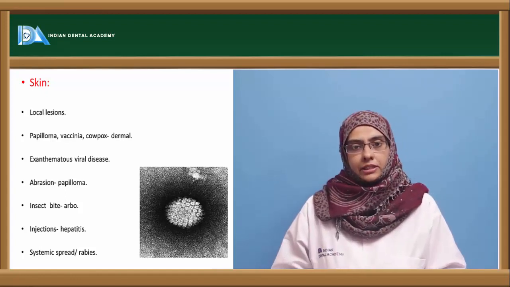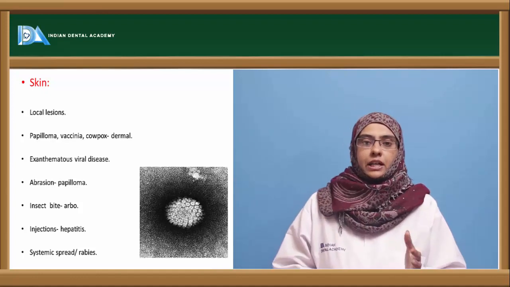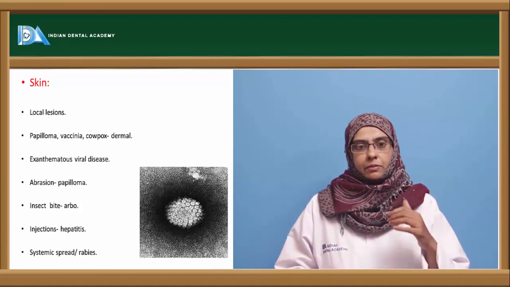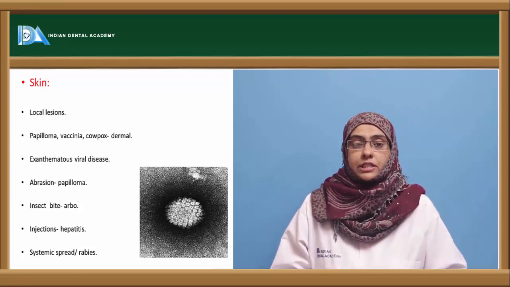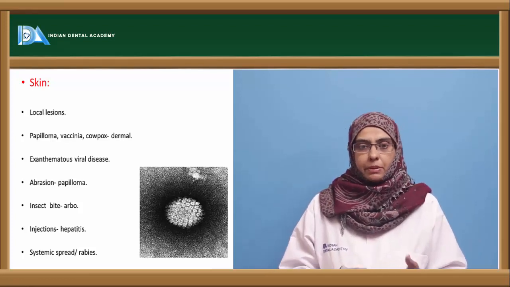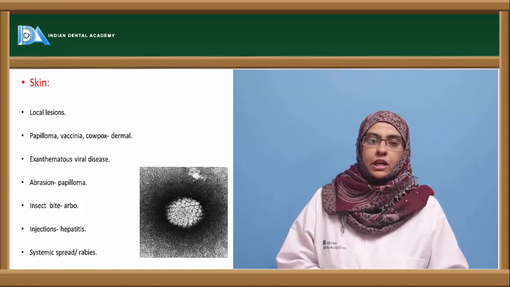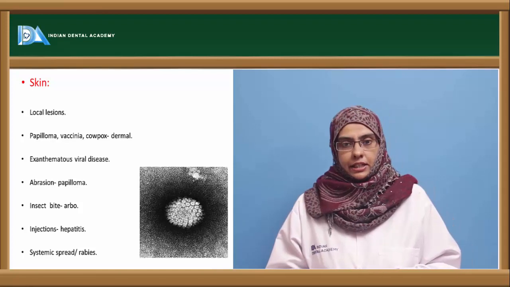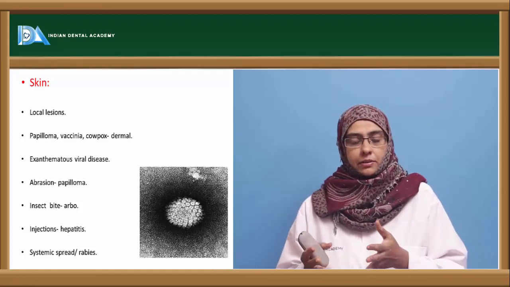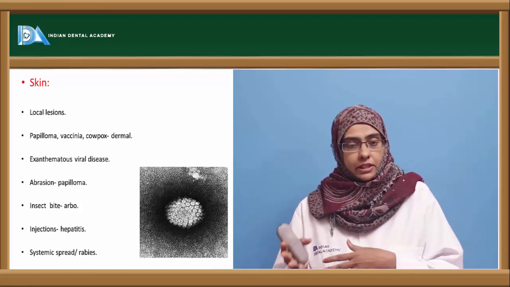Next is the arbovirus. Arbovirus usually are carried by the insects, and by the insect bite, these arbovirus can cause the infection, which are mostly the systemic infection. Next is hepatitis virus, which is usually transferred via the contaminated injections. And in case of the systemic spread, the very well studied example is the rabies, with the help of the